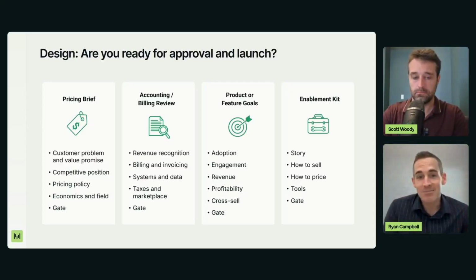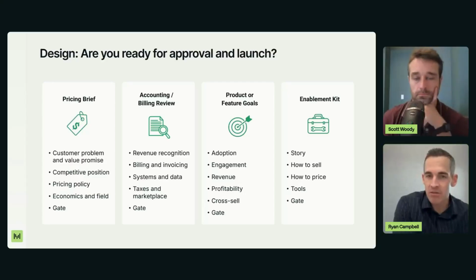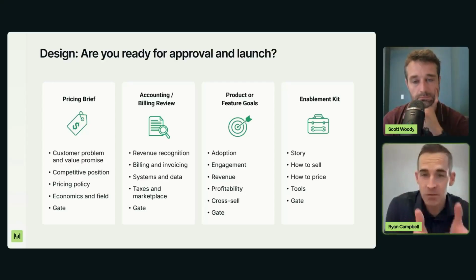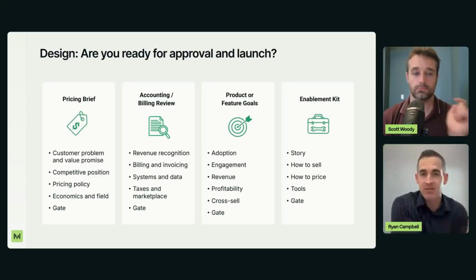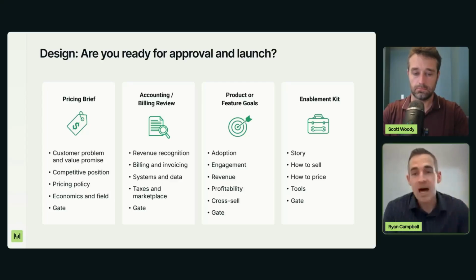However, we didn't fully round out the 4th step. And I think the lesson for us was, look, the communication and the enablement, the stuff you put into the field so that they know why you made that change. What is the call to action for them that they need to go do now to take advantage of this? And what are the tools and the things that they need to understand to feel confident about that? That was not fully in place by the time the pricing change launched.